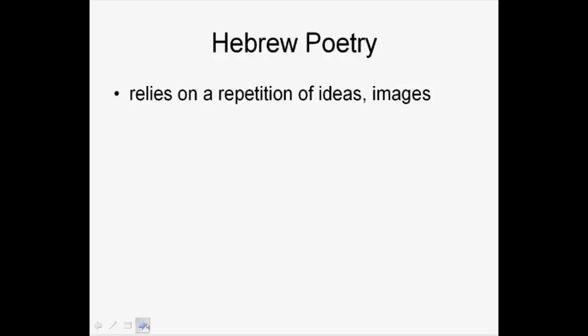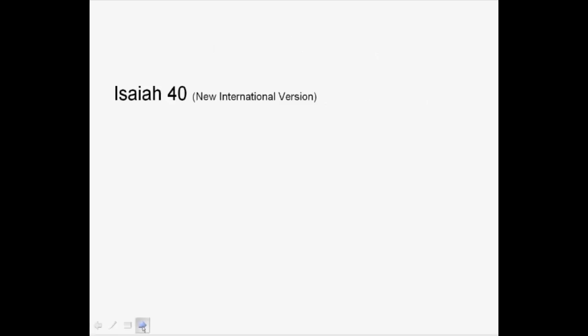We're going to be taking a quick look here at some Hebrew poetry. Now, we're not going to analyze the poetry. We're not going to be concerned about the content even, other than just to see how this poetry works: the structure of the poetry, what's sometimes called the parallel structure, the repetition of ideas and images. We're going to be taking a look at one of the prophets, Isaiah. Like I said, a very important prophet. We'll say more about the prophets in class. Again, we're not really dealing with the content and analysis of the poem here. Just want to see how the poem works.